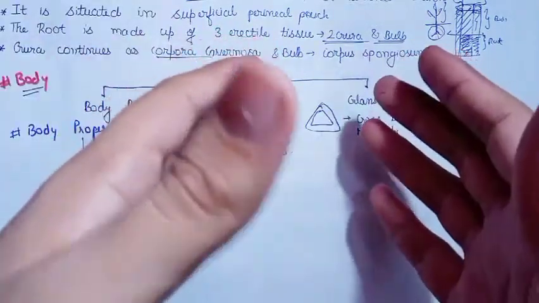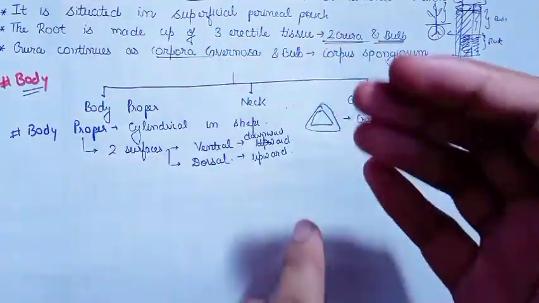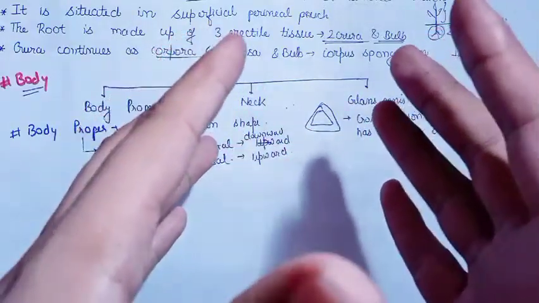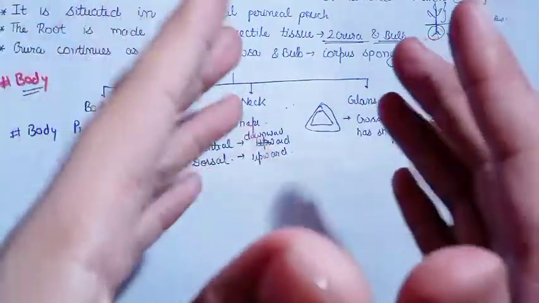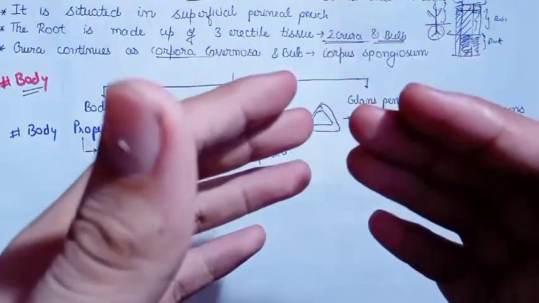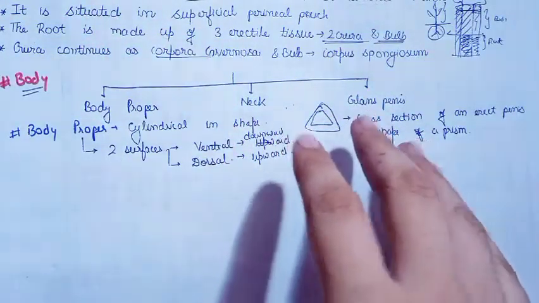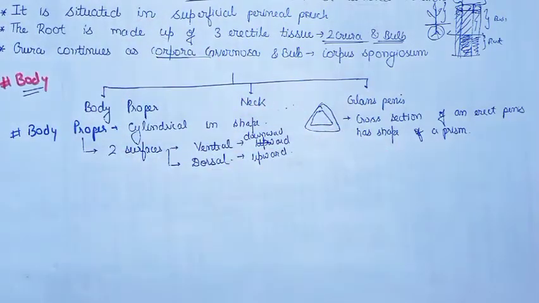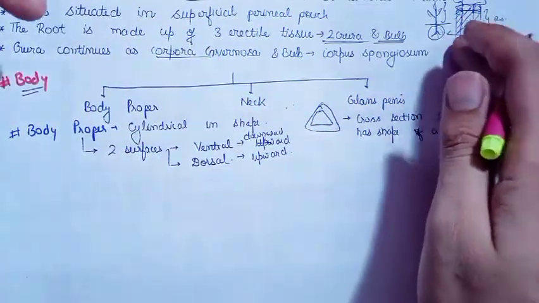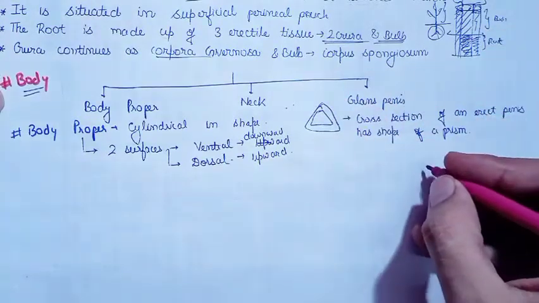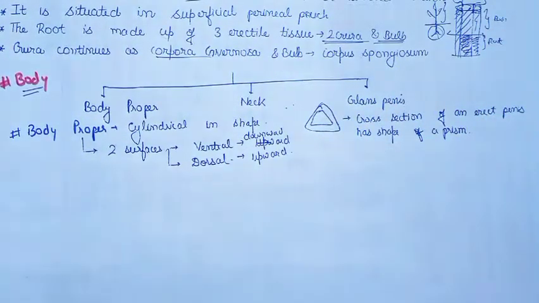So before proceeding further, after we discussed the neck or the glans penis, just one little diagram is remaining that we should discuss first and then continue further. So the diagram is actually the diagram of the root of the penis. As I told you, it consists of two cylinders situated laterally and one center cylinder. So it appears something like this.